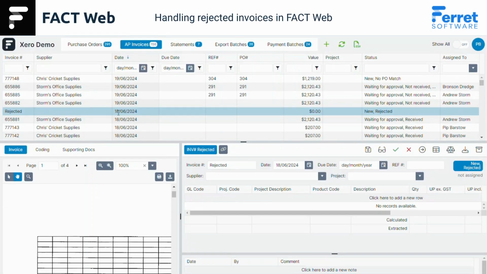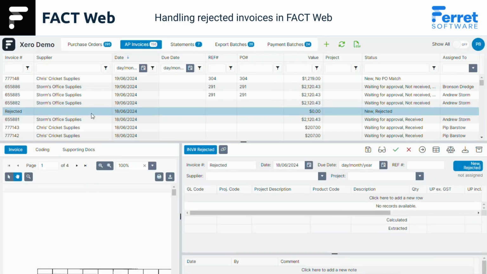If your document has been rejected due to not being an invoice, for example, if you have sent us a newsletter, price list, or other PDF document, this can be removed from the invoice list by archiving the file. Simply highlight the document and click on the Archive button on the right-hand side of the invoice section of the